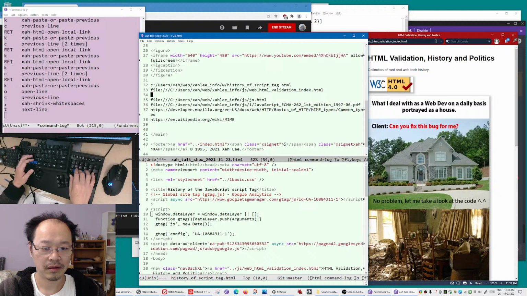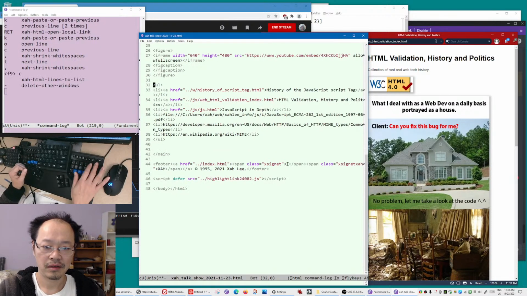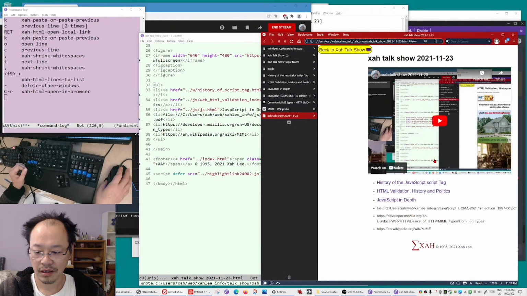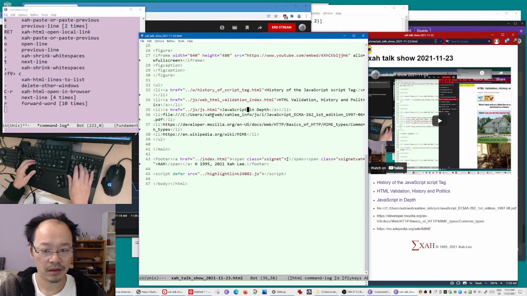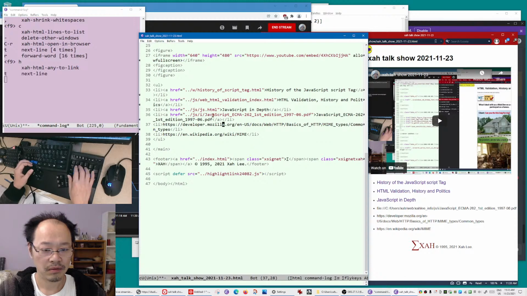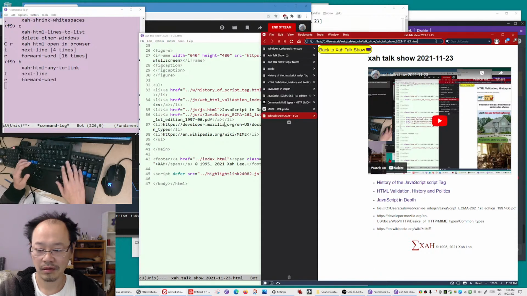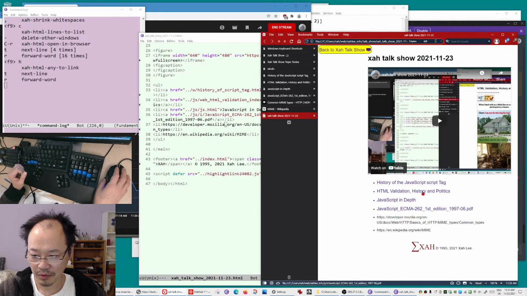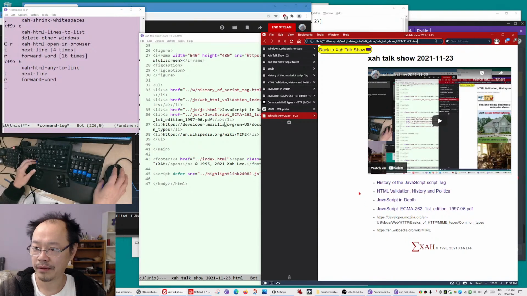Make a link, show in browser. So that is what we talked about today.